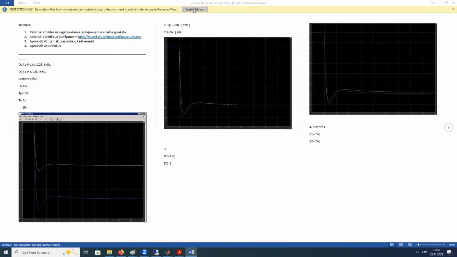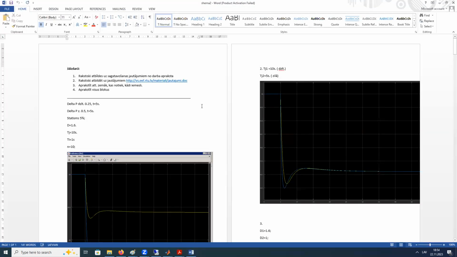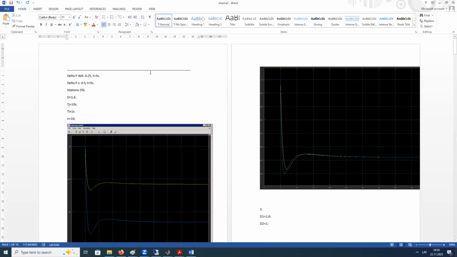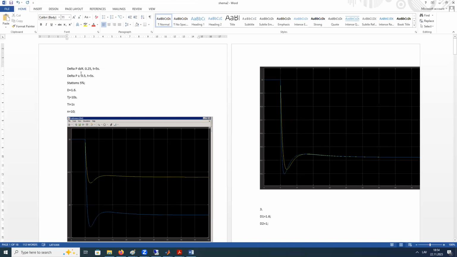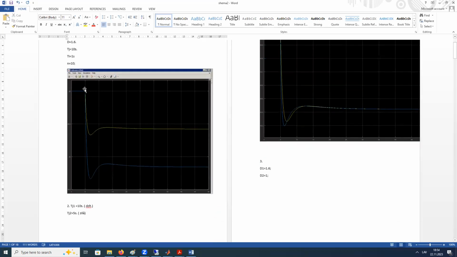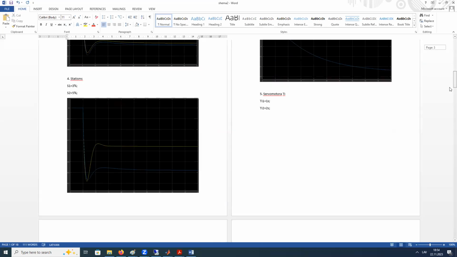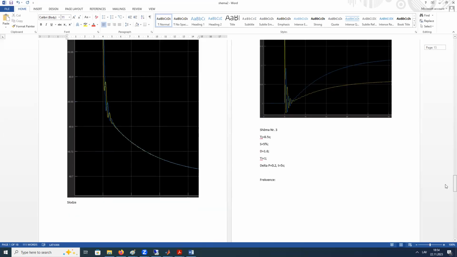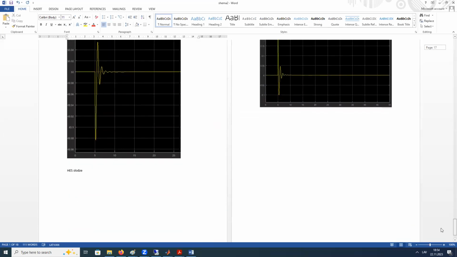Oh. Okay. Yes, I think I need this one for you. Okay. Yellow, and this is blue. Okay, yes, this you will got this document